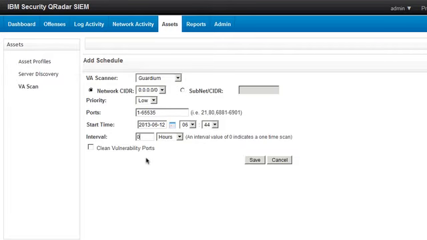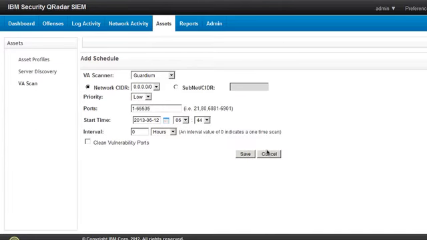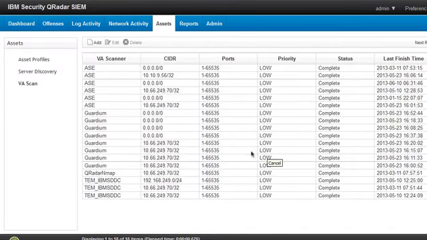A key important piece here is the start time or interval. If I've created an automatic process on Guardium that builds the assessment once a day or once a week, what I'd like to do is make sure that my QRadar picks up on that on the same period. I'm going to cancel out of this, and what I want to do now is show you